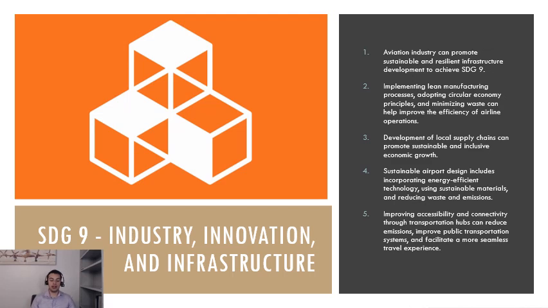Now, SDG 9, which deals with industry, innovation, and infrastructure, has a lot of potential in the aviation industry as well. This can be achieved through implementing lean manufacturing processes, adopting circular economy principles, developing local supply chains, and improving airport design. Sustainable airport design includes incorporating energy efficient technology, using sustainable materials, and reducing waste and emissions. Additionally, improving accessibility and connectivity through transportation hubs can reduce emissions, improve public transportation systems, and facilitate a more seamless